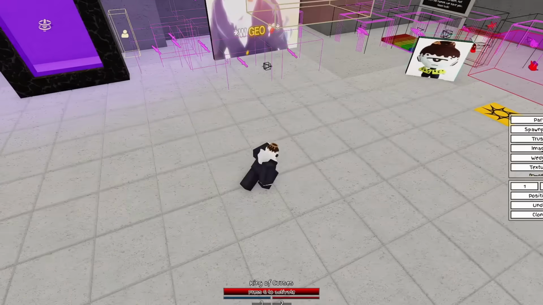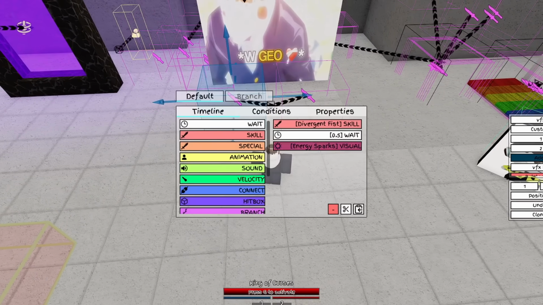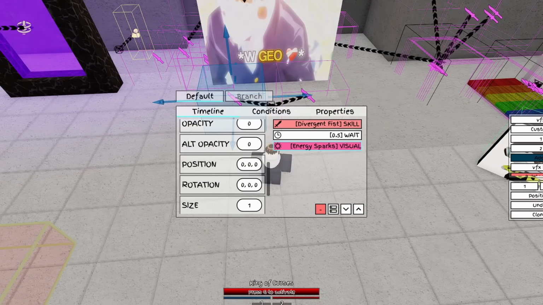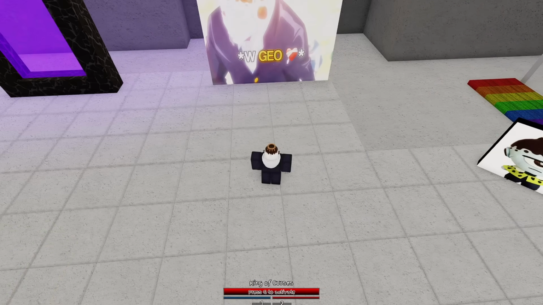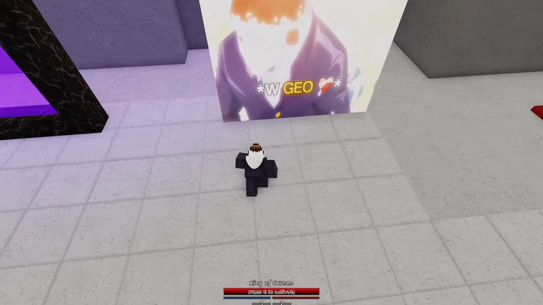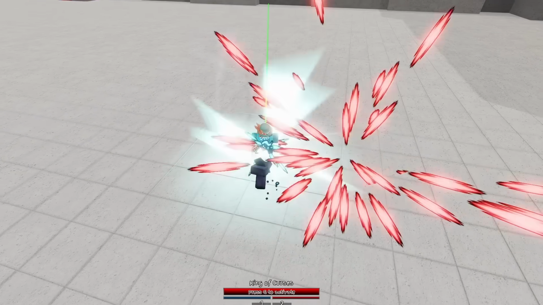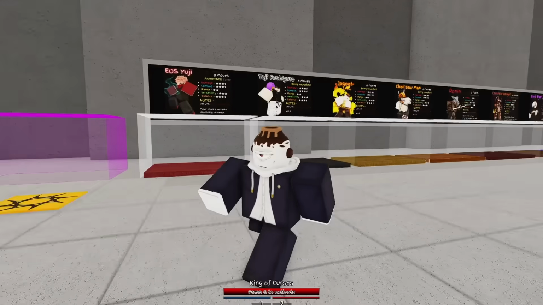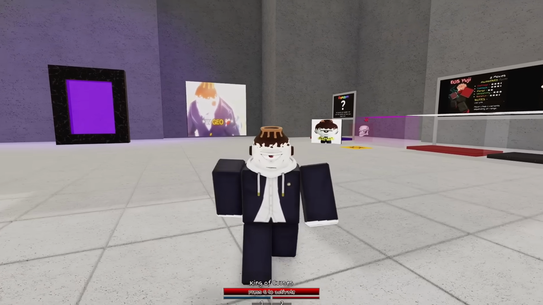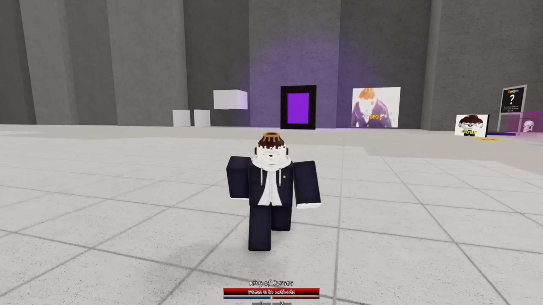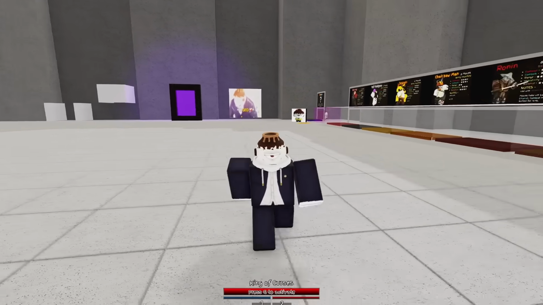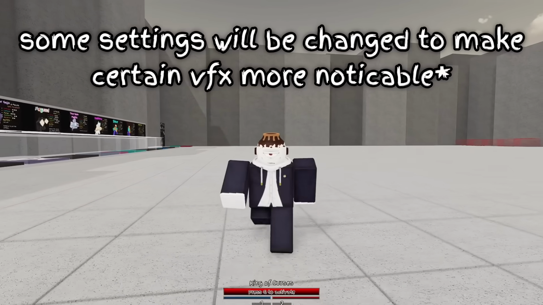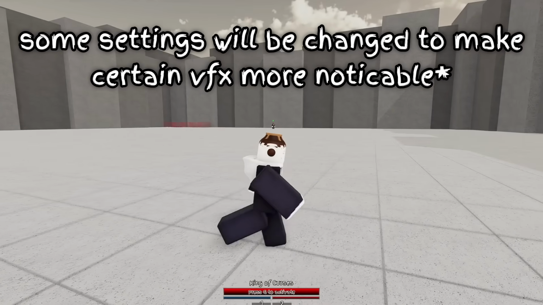And, obviously, the same position and stuff apply. So if I said 100, or not 100, but 10 to the right, then it would play 10 to the right of them, which you can use how you want. But alright, that's pretty much it for the visual effects block. I'll have every visual effect playing on screen one by one, and the time will be 1 on all of them. The settings will all be default, so